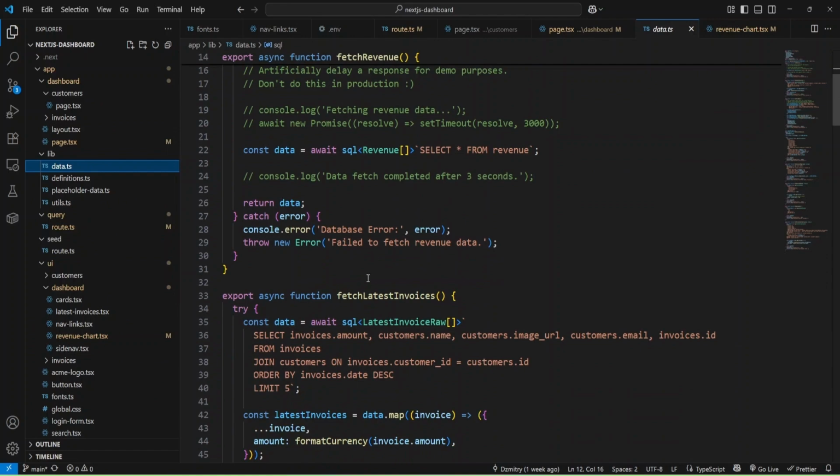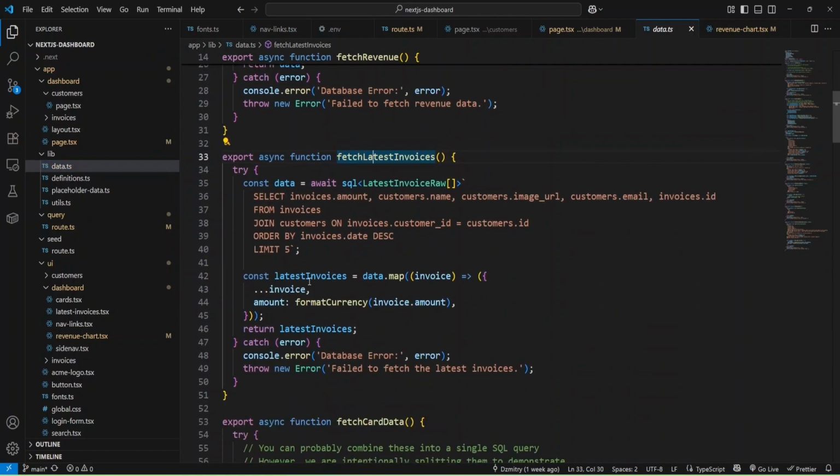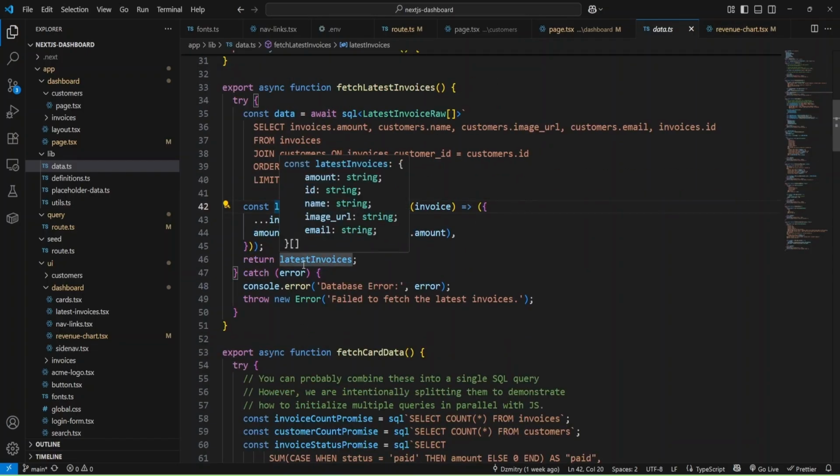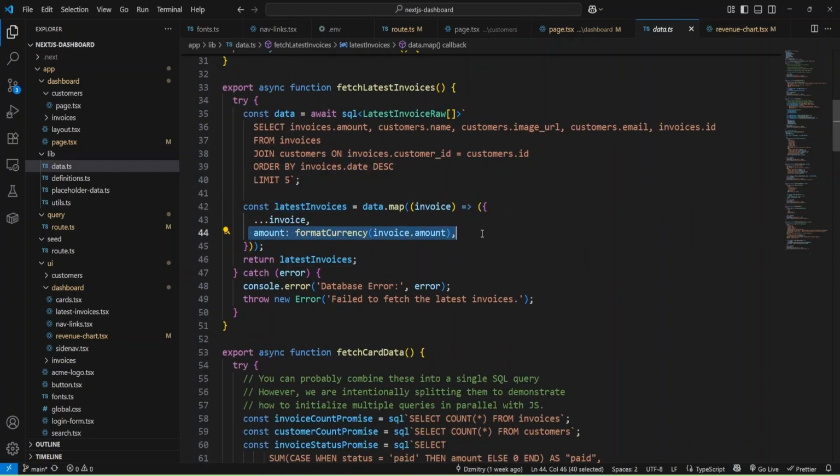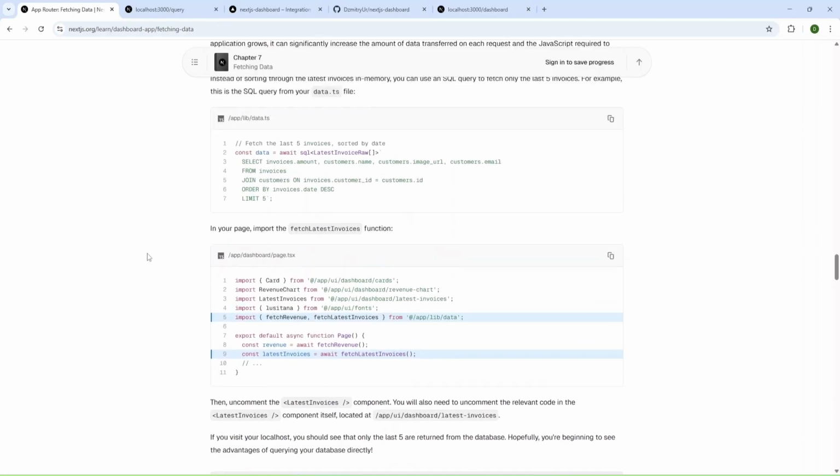We have fetch latest invoices. As you can see, we have an SQL query, and then they just run it and return the latest invoices, adding some format currency. Okay, and let's add it to our dashboard.